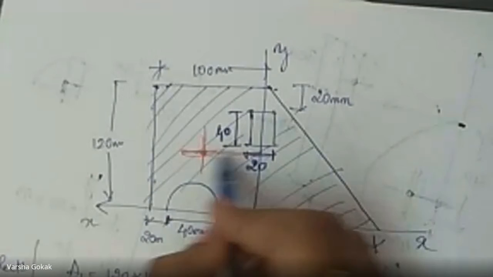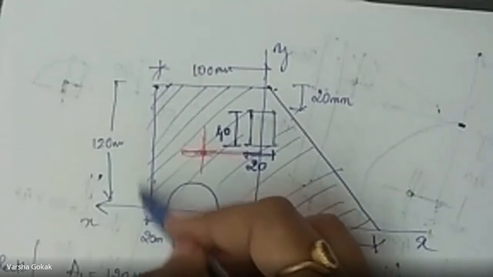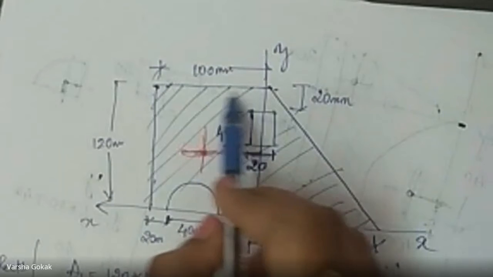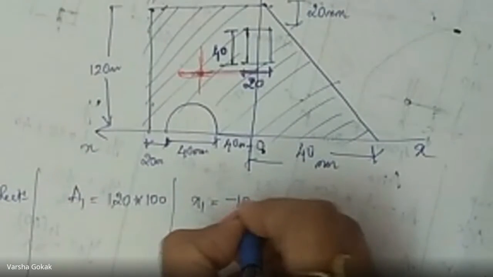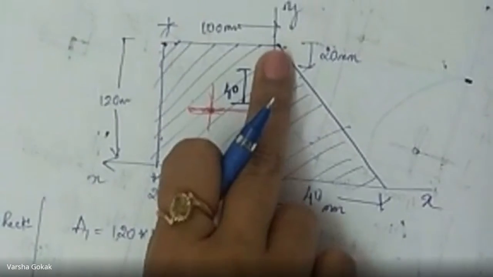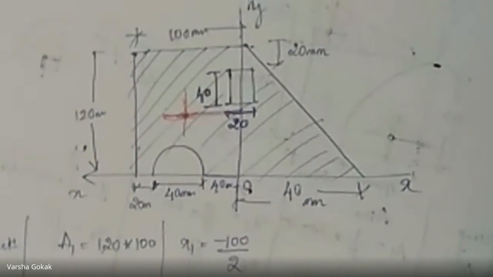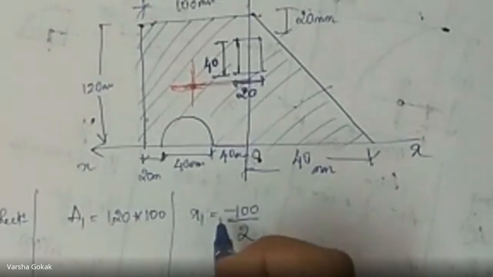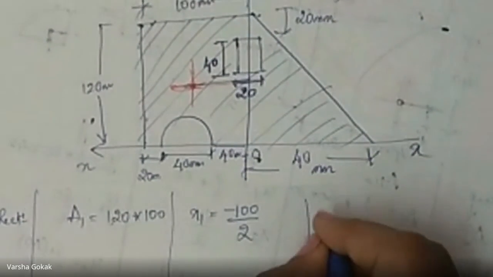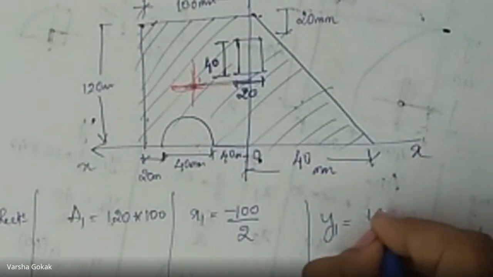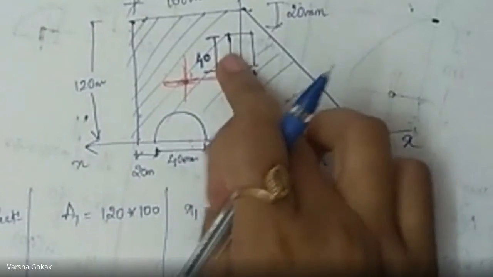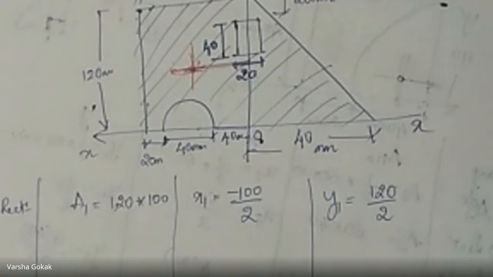120 by 2. X, Shifa, this value is 100 by 2. Height is 120. Okay. This is 100 by 2. Should I take a plus x or minus x? Because it is in the second part, minus. So it is minus 100 by 2. This distance is 100. I think it is not clear because of the camera. Okay. So this distance is minus x, that is 100 by 2. What about y1? Now it is 120 by 2, Shifa. 120 by 2 positive, because in the second quadrant y is always positive, x is negative, right?